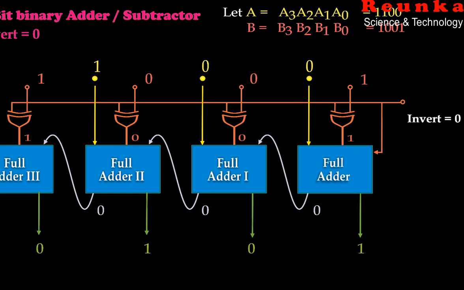So 3 inputs will be 0, 1, 0. Output will be 1 as the sum and 0 as the carry. This 0 carry is given to the next LSB addition. So at the input of the second full adder, the inputs are 0, 0, 0. Here sum will be 0 and carry also will be 0. This 0 is given to the next LSB adder, that is the third full adder. At the inputs of the third full adder, the inputs will be 1, 0, 0. Output will be sum 1 and carry 0.